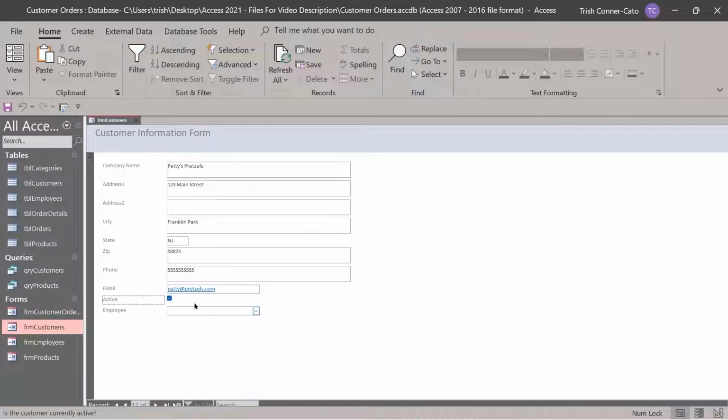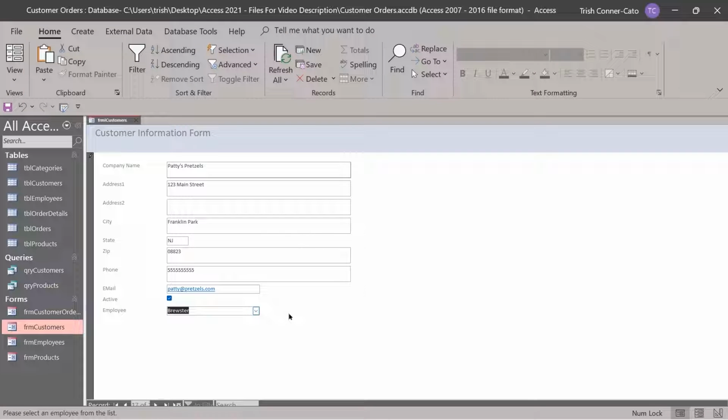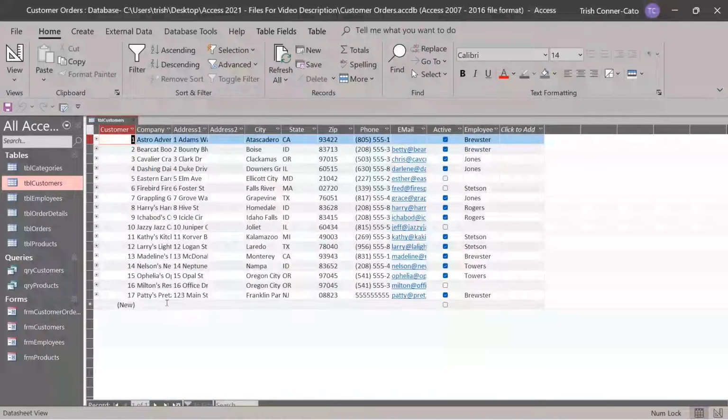We'll check the box for active, and we'll do the employee drop-down list, and we'll say that Brewster is the salesperson, the employee representative that works with this customer. And so at this point, we're in the last field. If we press tab again, it will save that record. We can close this form, open up your customer's table, and you'll see the last